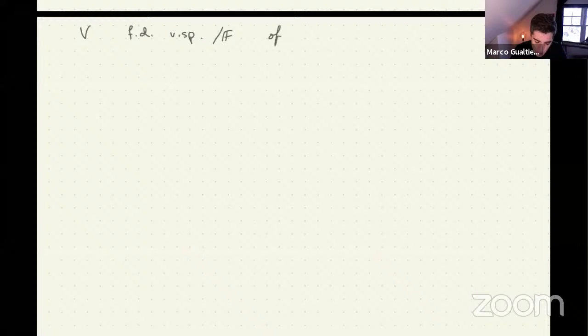Okay. Let's first finish what we were talking about with volumes. Remember that V is a finite dimensional vector space over F of dimension n. Then we have this idea of a volume. We're using the term in a funny way. Usually you think of volume as an adjective, a property.